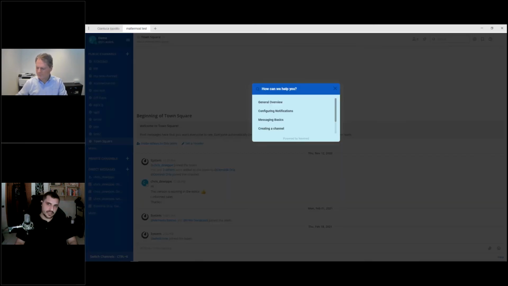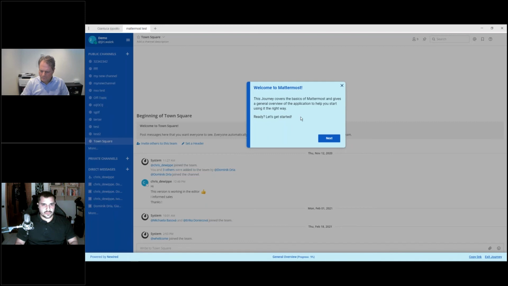But now clicking it, it will open my launcher, the same launcher that we saw before, with a list of journeys. Over here we have the same kind of concept with an overview. Of course, as this is not a website, it is a bit more complex in terms of operation and possibilities, but that you can do. Let's check a few of these journeys out and proceed to that. So this is going to welcome you to the concept of Mattermost and what it is.